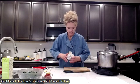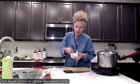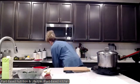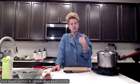A little bit longer. I'm going to leave it open. The way I can tell is when you touch one of the cloves that are in there and it doesn't give as much as you want it to be soft, then you know you need to put it in for a little bit longer. So that'll probably be about the same amount of time that we have for the vegetables. Then, like I said, after the lentils are ready and the vegetables are ready,